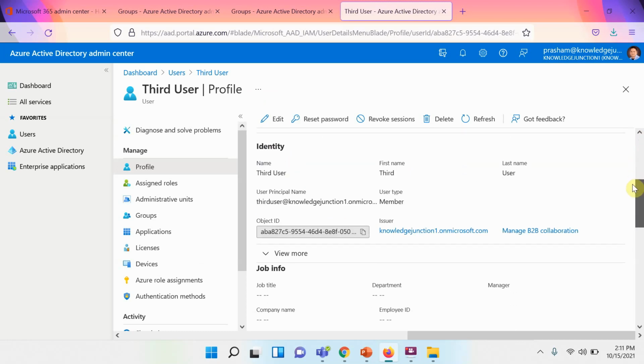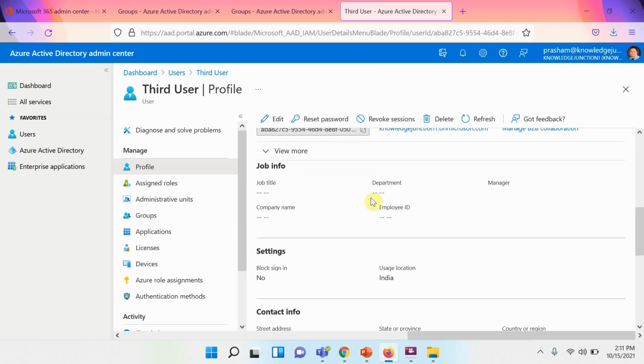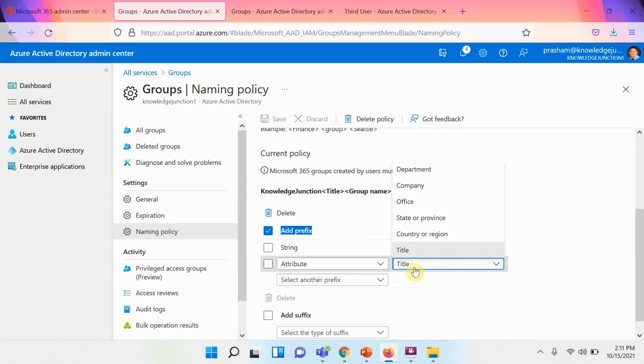Name, first name, user principal name, object ID. There is no job title, that's why it didn't come. Department is... let's edit. Architect IT. Save. Now again go to the group.